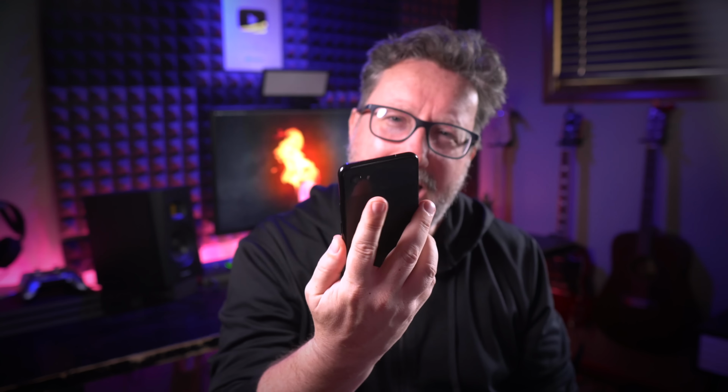Pixel has the fingerprint scanner on the back, which is a good place for it, although it takes some getting used to if you've never used a fingerprint reader on the back of a phone before. I guess we also have to talk about what is inside in terms of storage and RAM and that kind of thing. This Samsung Galaxy S10 Plus starts at 128 gigabytes of storage and goes up from there to 512 and maybe beyond, and it has an SD card reader inside. This Pixel starts at 64 and goes up to 64 gigabytes, and it doesn't have an SD card reader. The S10 line starts at 8 gigabytes of RAM and goes up to 12, whereas this has 4, and that's